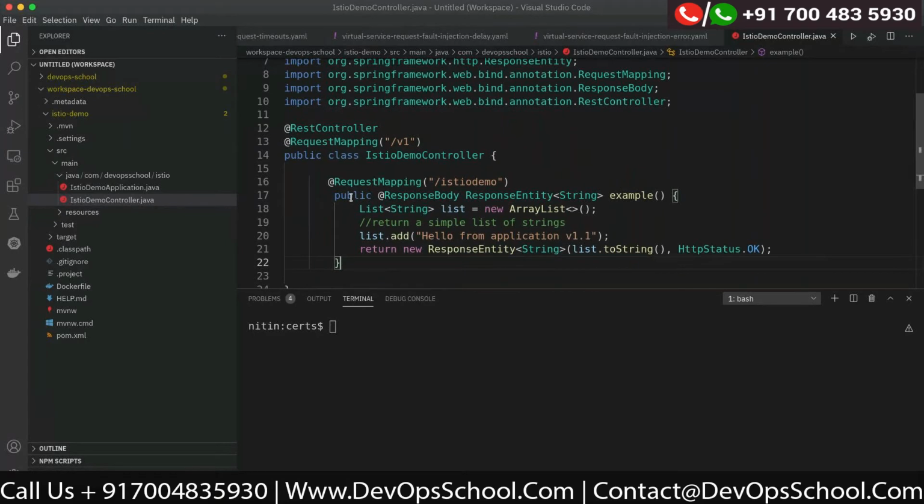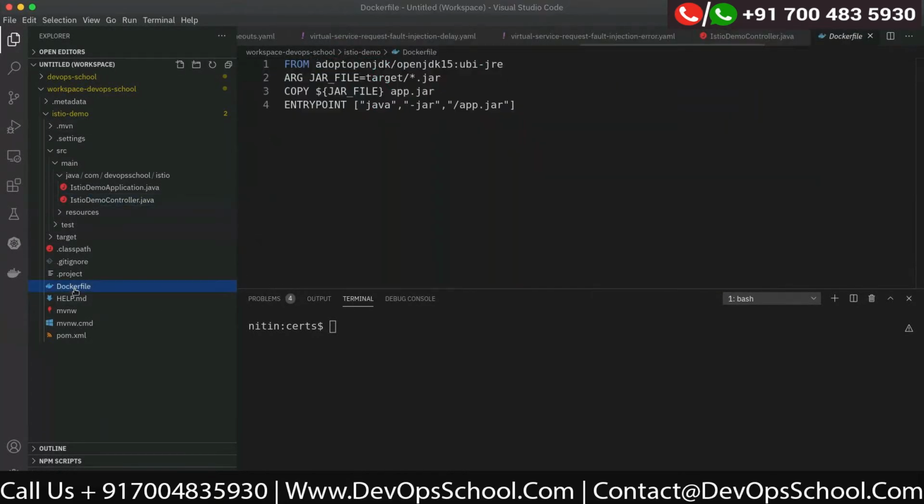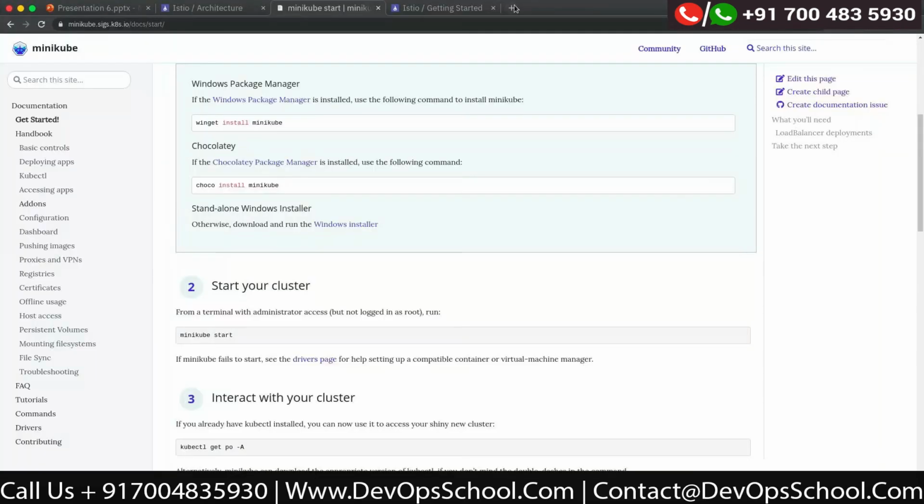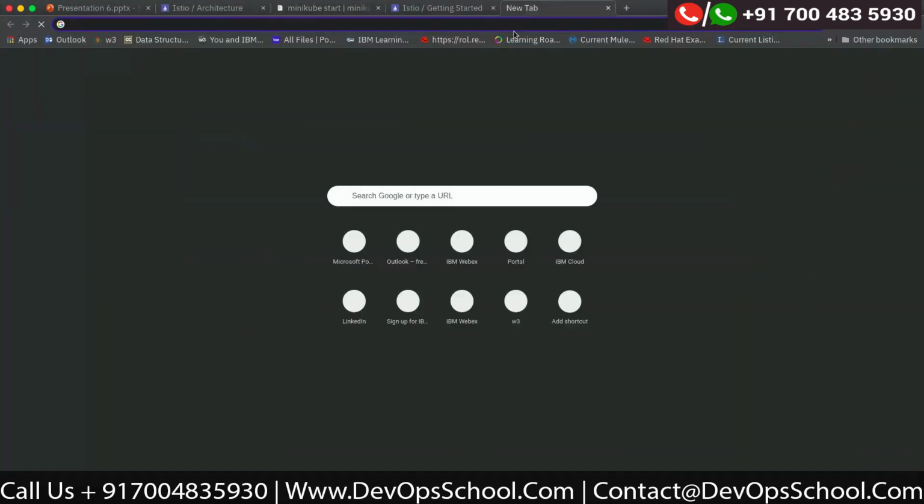So what we basically do is this is my Dockerfile, a simple Dockerfile, in which I'm just giving this command and it is going to run this program in my server. So I have already created the images and they are available for your usage. They are public images on Docker Hub.